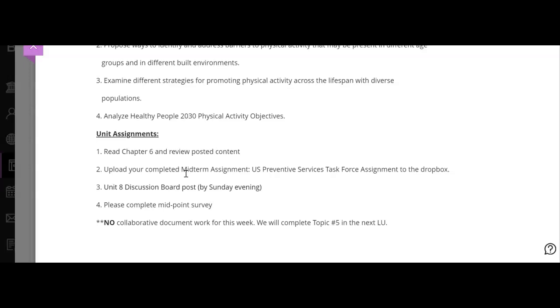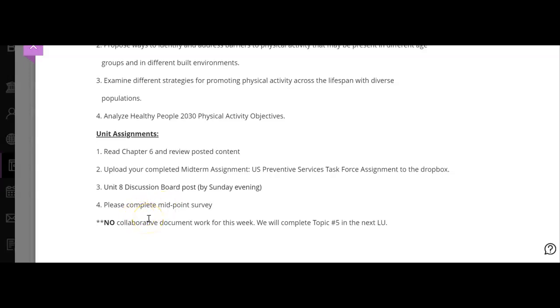You're going to be doing a discussion board post, no reply, and I'm asking that you do the midpoint survey, which is a simple survey that asks you what's going well and what could be improved, so that I can make a change in this course if possible, instead of making a change in another course given to different students. Wouldn't you like to benefit from any changes that I can make to make this a better course?